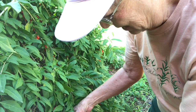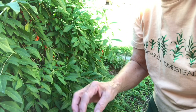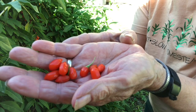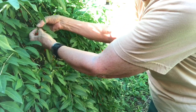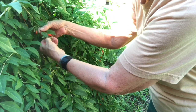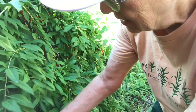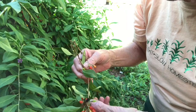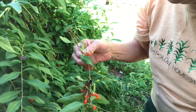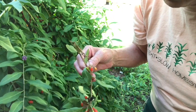I have another plant, or had another plant, over in another area. I can show that plant to you in a little bit. And it spread quite a bit. And one day I was out there in that area and I looked up and there was a plant growing out of the top of my volleyball standard, one of the volleyball standards. And I thought, what the heck? That is really weird. Well, it was a wolfberry shoot that had gone under the ground